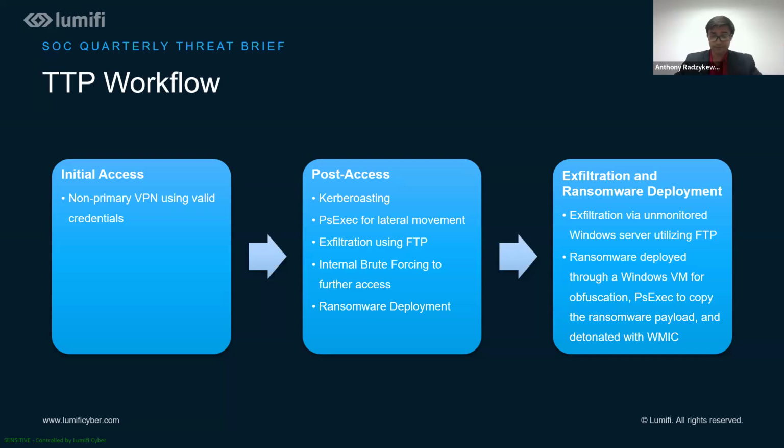And then once they got in, they started the post-access process of Kerberoasting. So they're dealing with Active Directory enumeration and hacking and passing the hash and doing those kinds of things. The interception, like I was saying, with Responder as well, grabbing all of those credentials once they're inside the network. From there, they're using PsExec for lateral movement as they move throughout the network, adding more nodes to their list. And then, of course, internal brute forcing to further their access along, and then ransomware deployment in terms of,